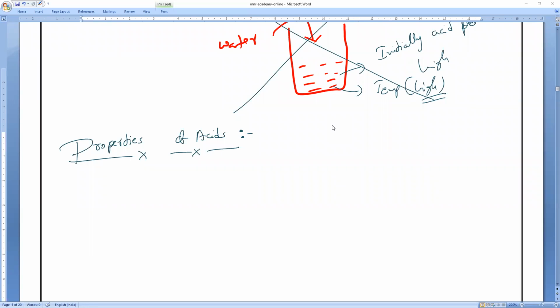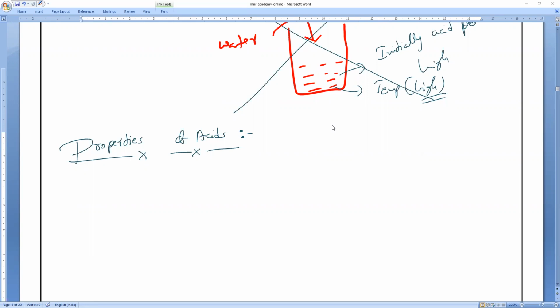We will study two properties: physical properties and chemical properties. So the main thing today you should remember is dilution of acids. We are not supposed to add